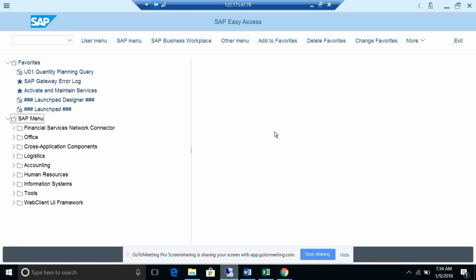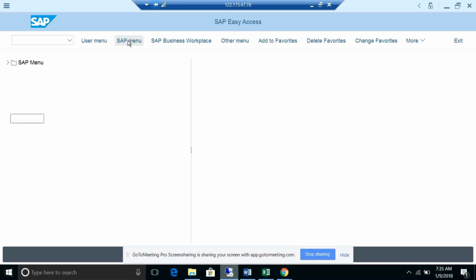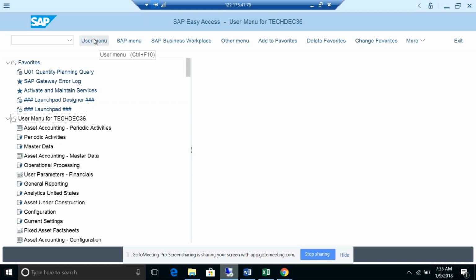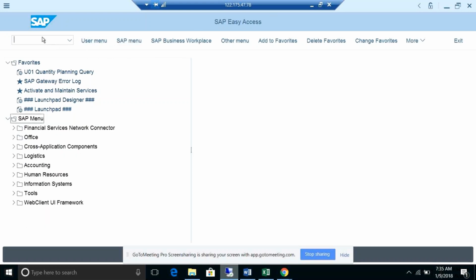All the options you will get on the screen, and I will show you the differences. For example, the SAP menu and all these things are available in the user menu. So let's go to SPRO.